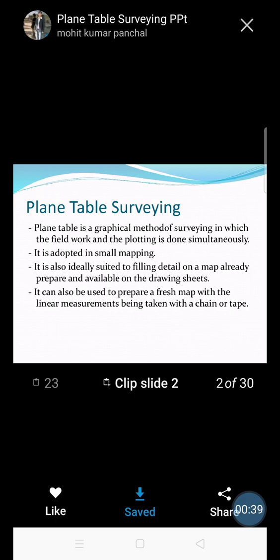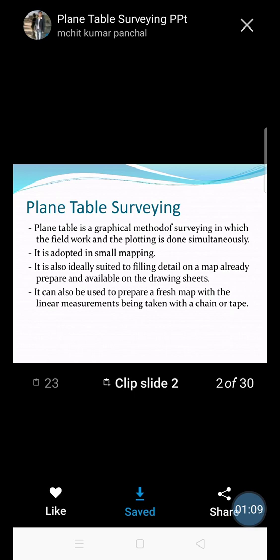carrying out surveying and recording that data into the field book, but in plane table surveying the collection of data as well as its plotting is carried out simultaneously in the field with the help of the plane table. That's why it is a very different method, and you can check your fieldwork in the field itself.